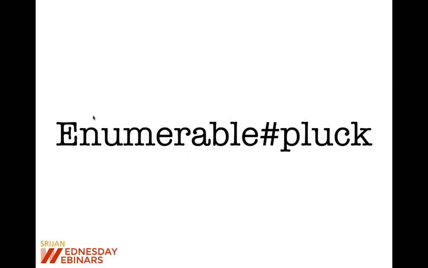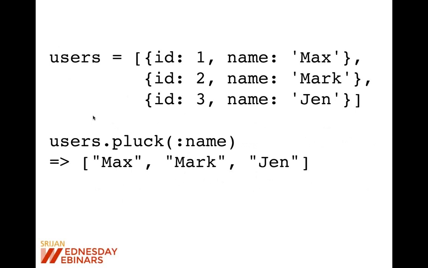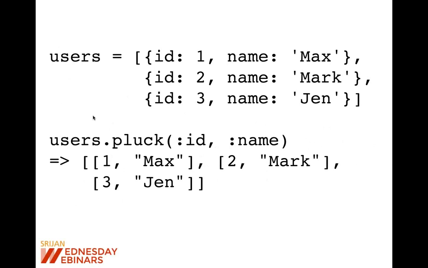Another thing that has been added is related to the Enumerable module. You can now do pluck on your arrays or hashes. This is a simple example of an array of hashes. Now you can do users.pluck(:name). In previous Rails versions, we could do pluck only on results returned from Active Record. But now we can do it on arrays also. And it is not just one attribute. Similar to Active Record, we can also pass multiple attributes.